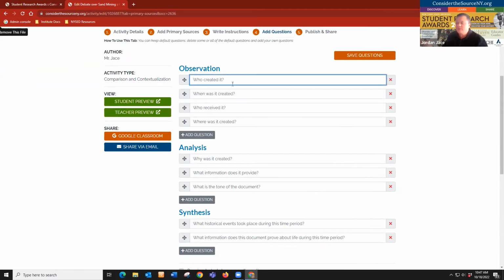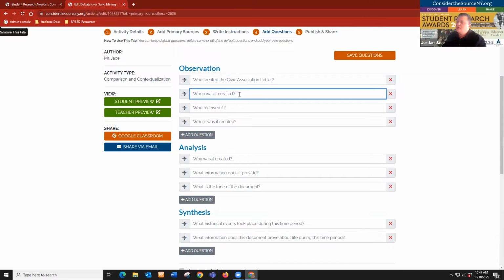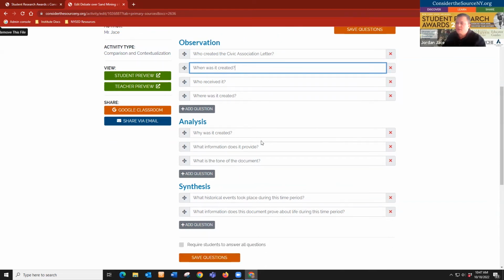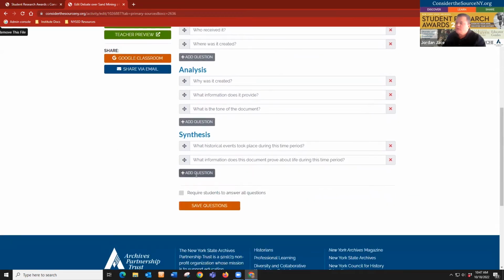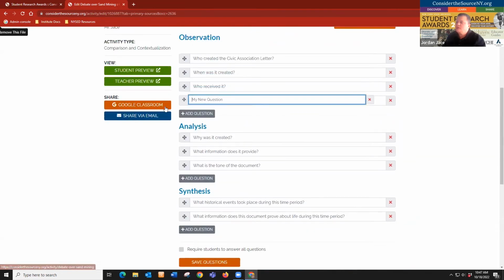so for this, and this is another thing that we would probably change in the future, is to be able to designate document 1, document 2. But you could just say for the civic association letter, who created civic association letter, and when was it created, who received it, all those basic questions you would ask about the document. And then you could ask the same. So if you go down here, add a question, drag it up here,